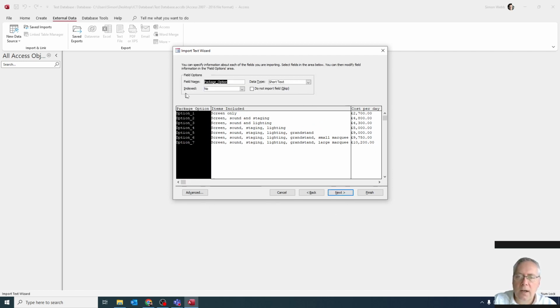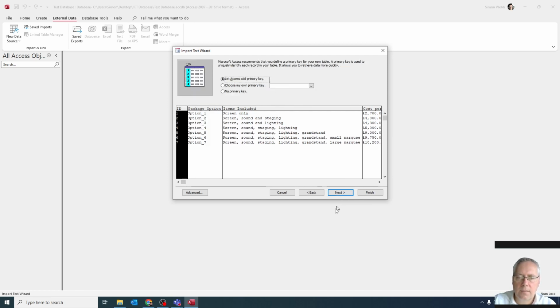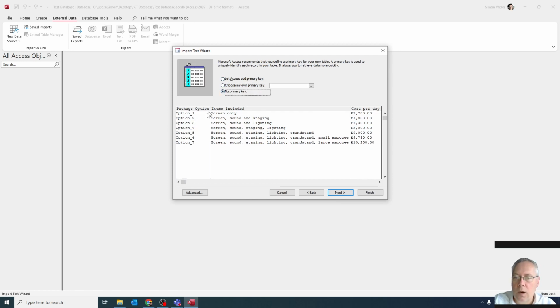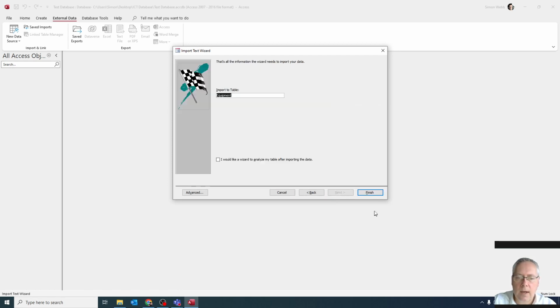I can change the values of the fields here, but I don't want to do that because I'm going to go back and I'm going to do that separately after I've imported all the data. I'm going to click Next, and I'm going to select no primary key because we're going to choose those later as well. Make sure that you do that, please. No primary key. Then click next, and then finish,